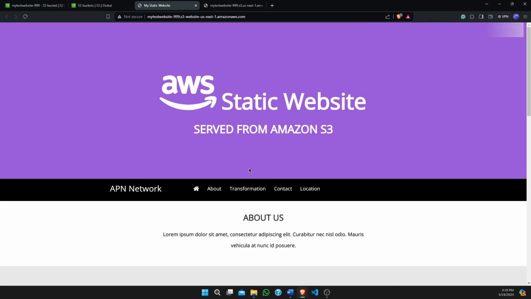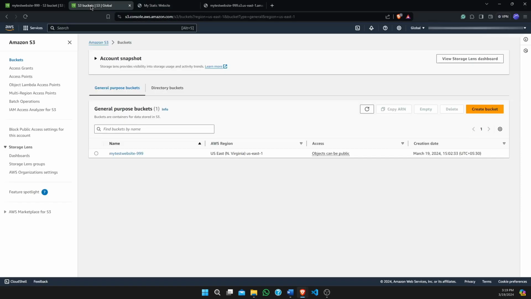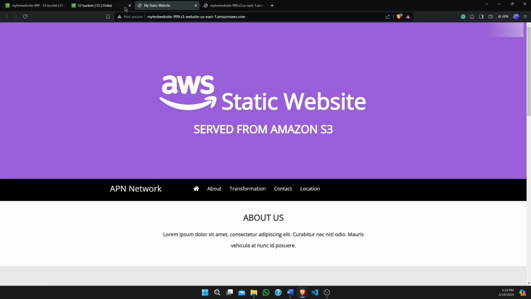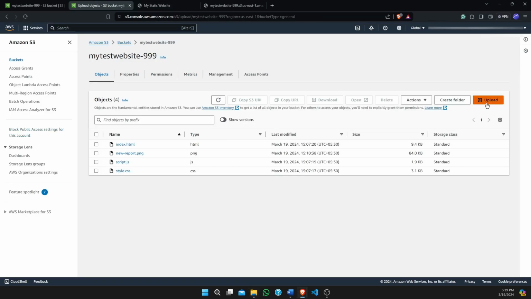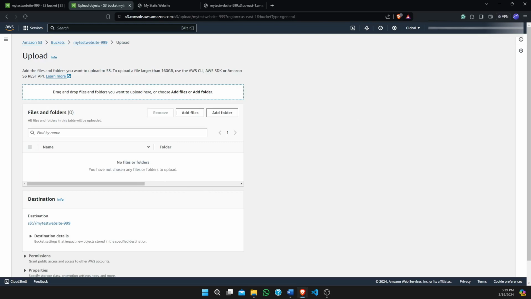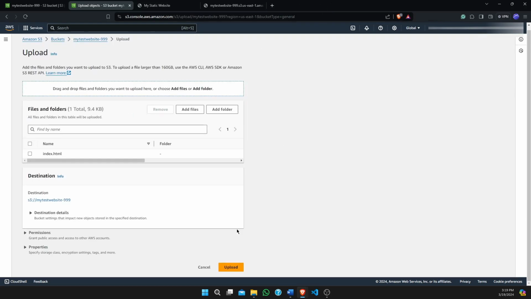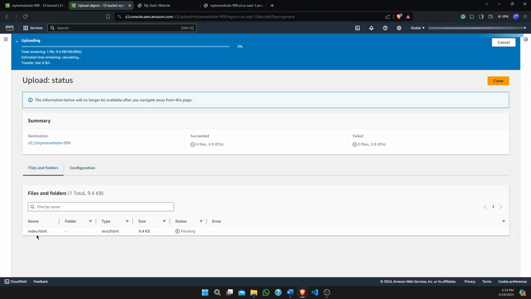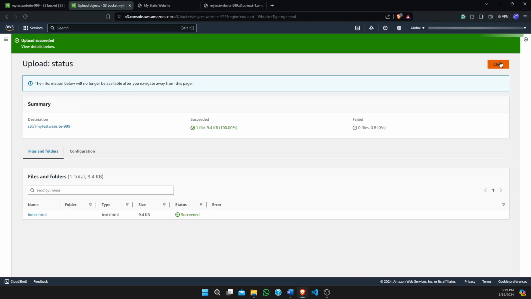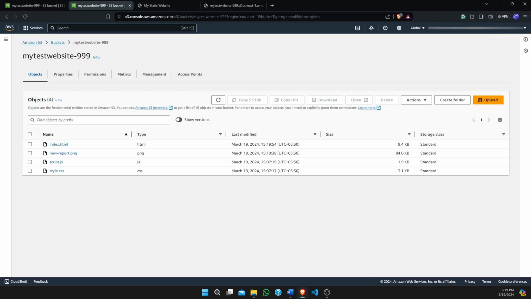As you can see, first observe that here it's saying served from Amazon S3. Now the updated index.html file will have my name, created by Jayesh Rajput, instead of served from Amazon S3. So we will now just upload the object that we have made changes to, or a new object in that place. I will just drag and drop the new object. I just upload it, and this is the edited index.html file. Now we have uploaded the new